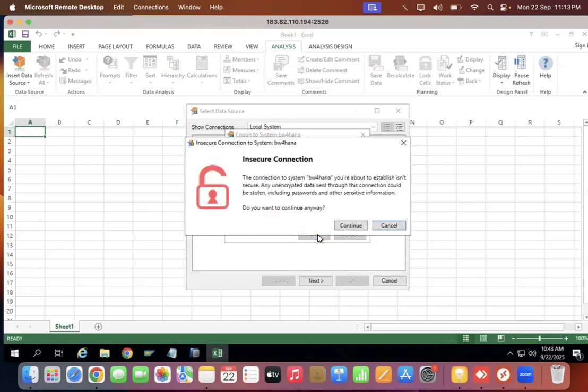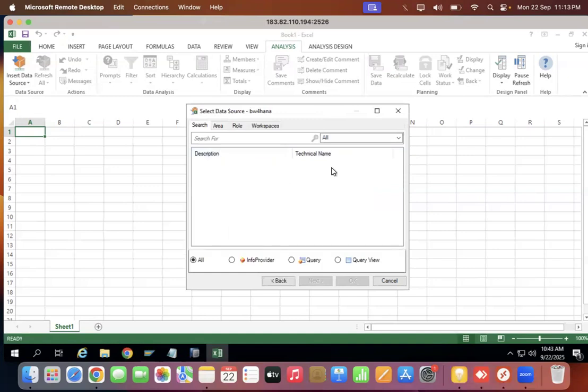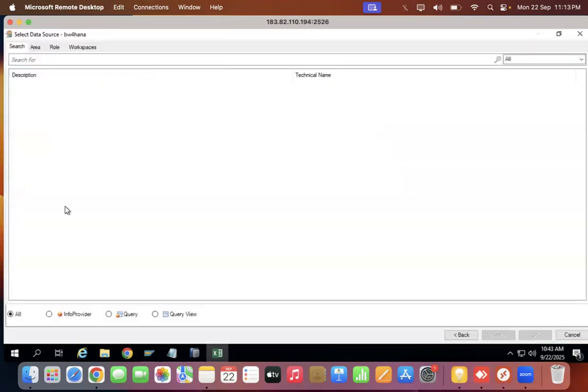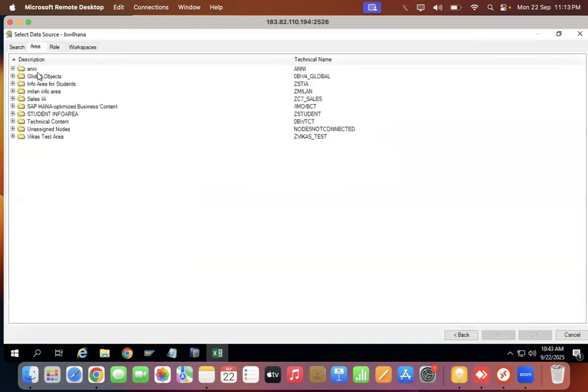Okay, so let's see. The connection is still having some issues. Let me, yeah, it is connecting. Finally, we have connected with this source, that is BW. Okay, so now you can select here and choose where your report is, basically under which role, which workspace,